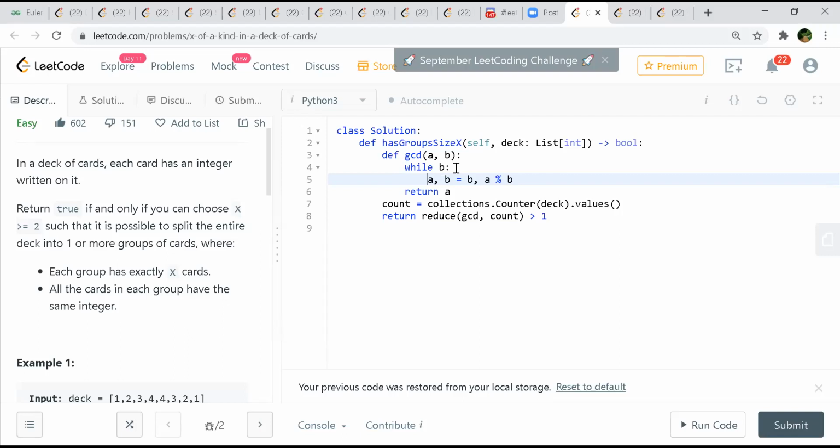Brute force would be what Deepak was explaining: we try with every group size starting from 2, and then we stop where we find a true case, and we go till the maximum frequency. But where are we going to stop?